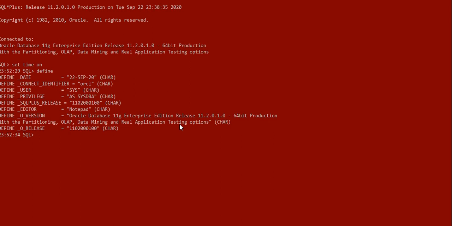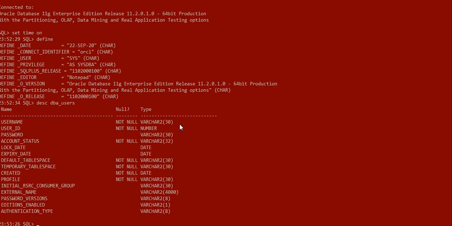So if we want to check information about any user, then we have to use the table DBA_USERS. These are the columns inside this DBA_USERS table.